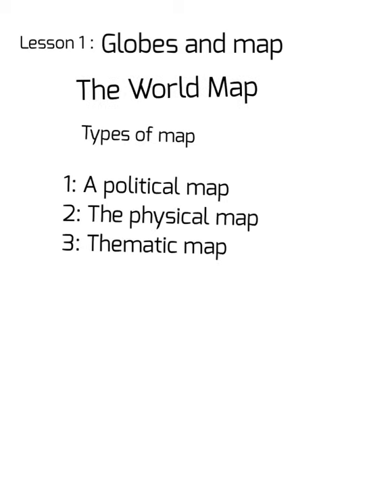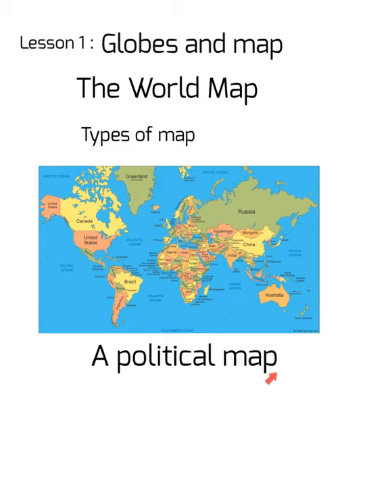Let us know more about different types of maps. The three different types of maps are the political map, the physical map and the thematic map. Let us now look into more details of these three types of maps. Let us first know about a political map. The political map shows political features such as the boundaries of different states, their capitals and major towns of the country. Political maps are like the outline of a country. It only helps us know the different shapes of the countries and their size.